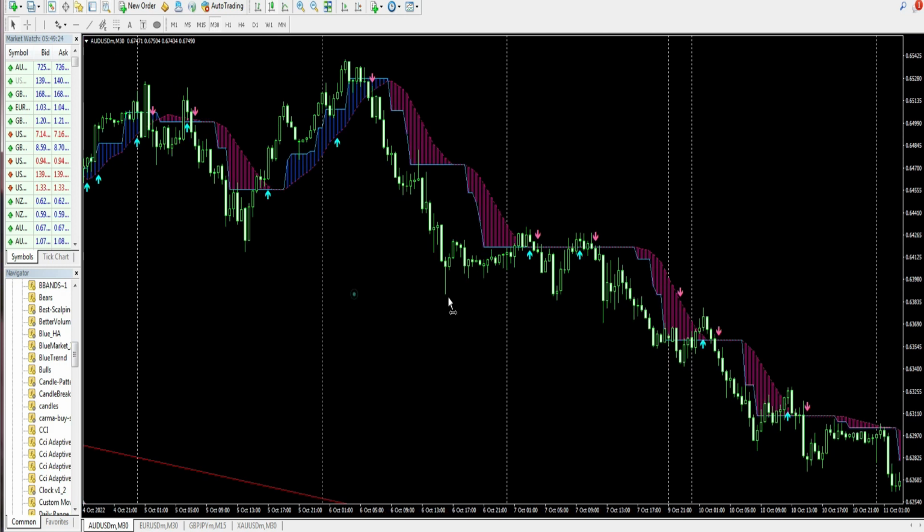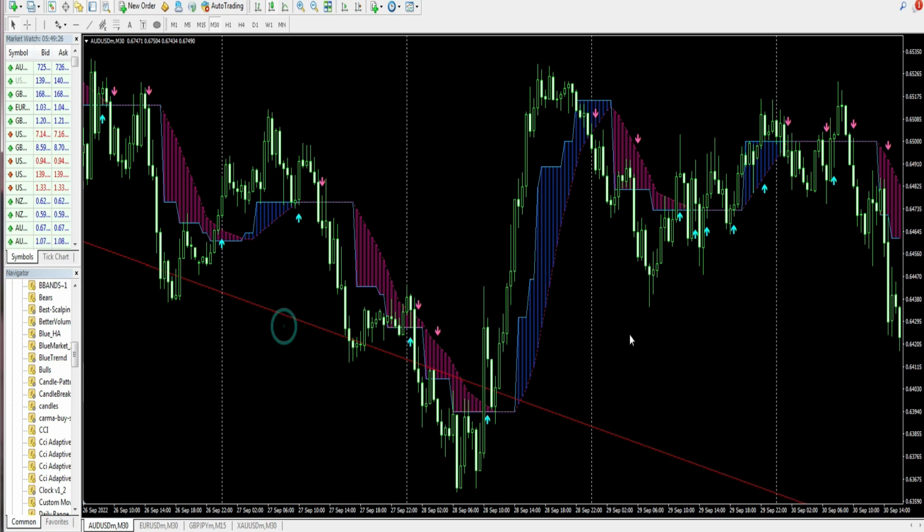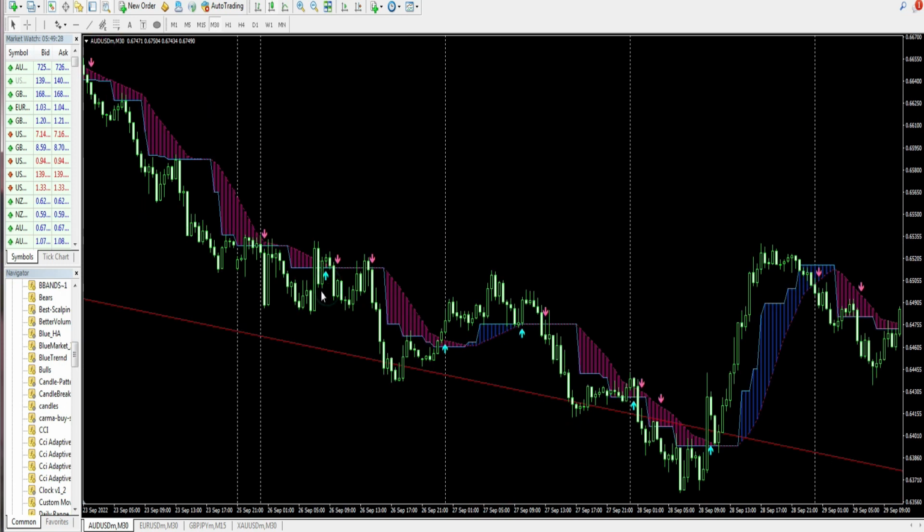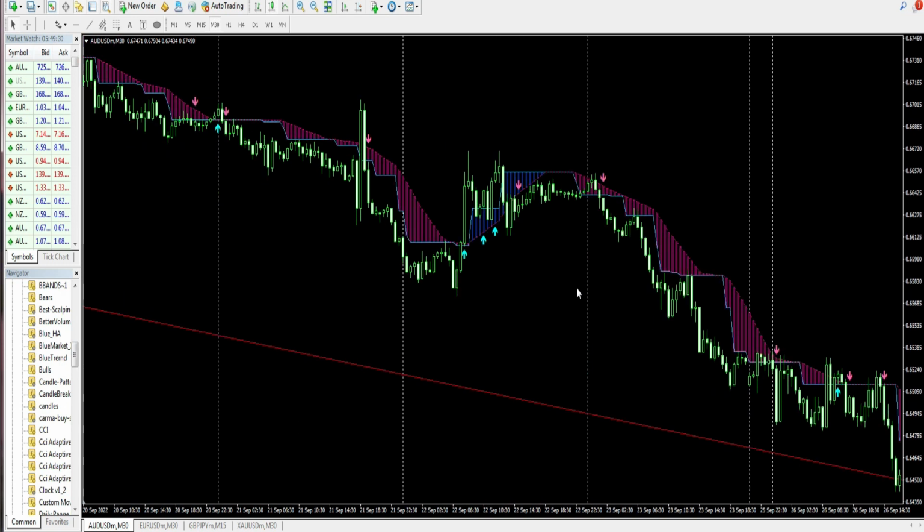3. Bullish engulfing. Bullish engulfing is a multiple candlestick chart pattern that is formed after a downtrend indicating a bullish reversal. It is formed